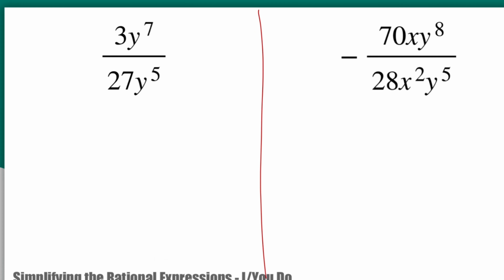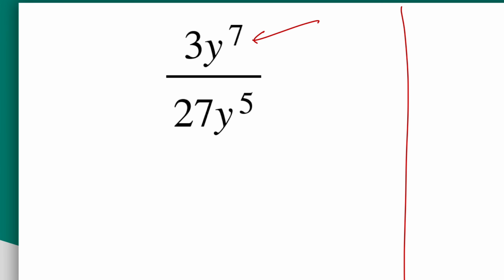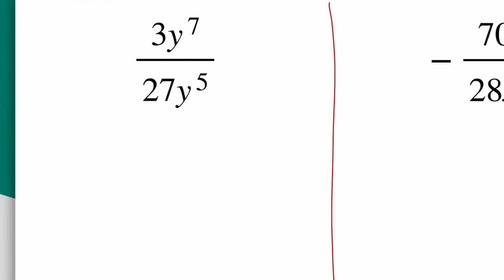So obviously we have a whole polynomial at the top, we have a whole polynomial on the bottom, and we want to go through and simplify. And this one isn't too bad. It's just kind of like dividing, right? I see I have 3 over 27. Well, 27 can't go into 3, but looking at that as a fraction, we know that 3 goes into 3 and 3 goes into 27. So we can simplify that really to be 1 over 9, okay? And then I have y to the power of 7 over y to the power of 5. We use our quotient of powers, so that's y to the power of 2,